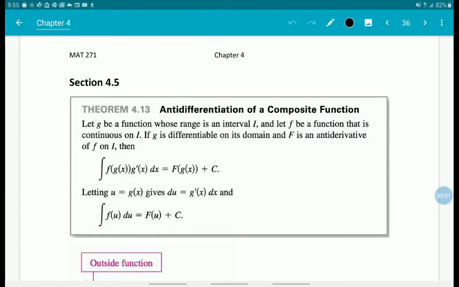So now we're going to talk about really just the chain rule backwards. So what if we want to integrate a composite function? Let's look at what's going on in here. If we want to integrate f of g of x, you have to have g prime of x dx to do that. And when you do, you integrate that outside function, and you're going to get that antiderivative capital F